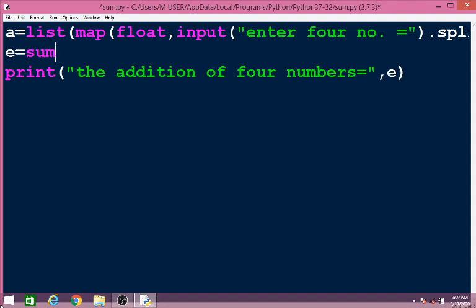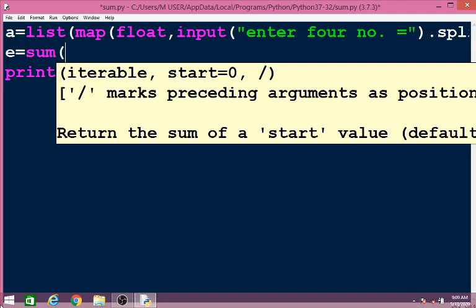We write the statement like this: we use the sum function, then the variable, because we are using a single variable here, then comma, then 0. Now we save and run this program.